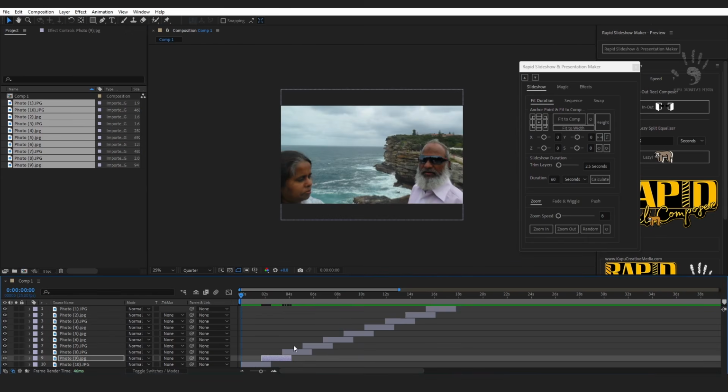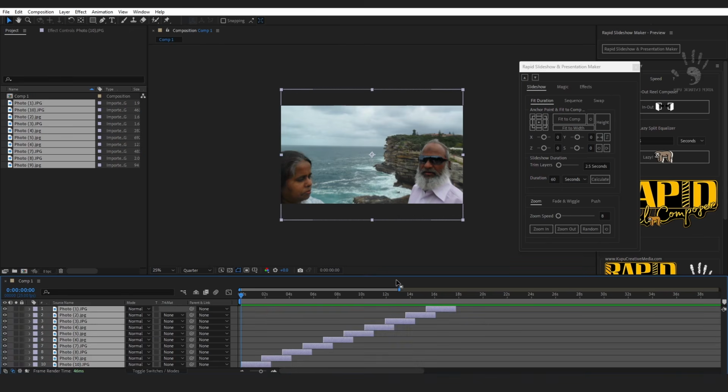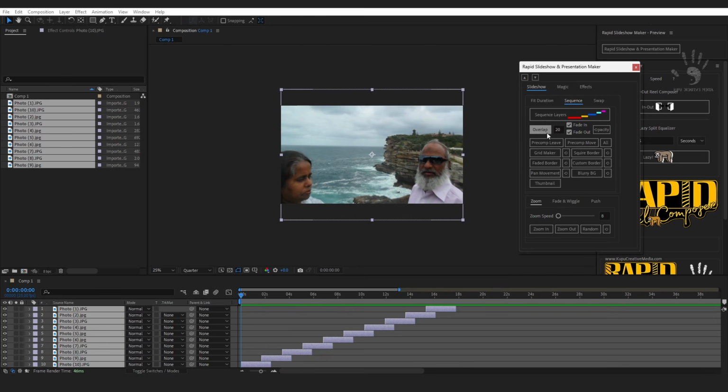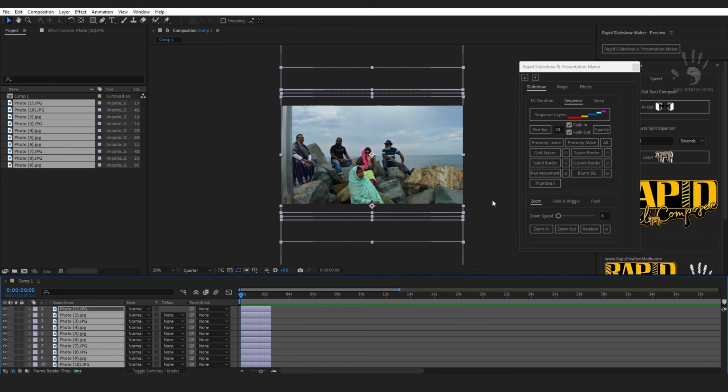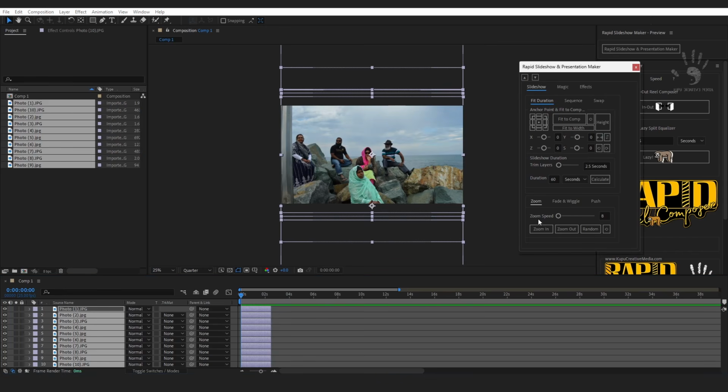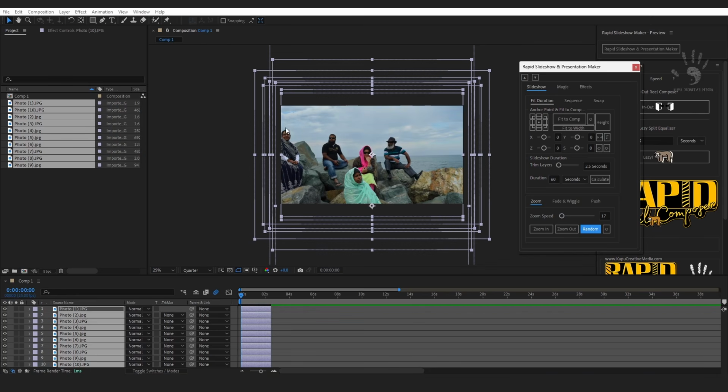Now I want to zoom in and zoom out. I'm going to quickly reset that. So by clicking on this opacity reset, it is going to reset that opacity from all of this. So now it's gone. As you can see, it's gone. So what I want to do is do some simple zooming slideshow. You can decide by this slider how much speed you want in each zoom in and zoom out. So I'm going to do 17 and then just click random, and it's going to zoom in and zoom out